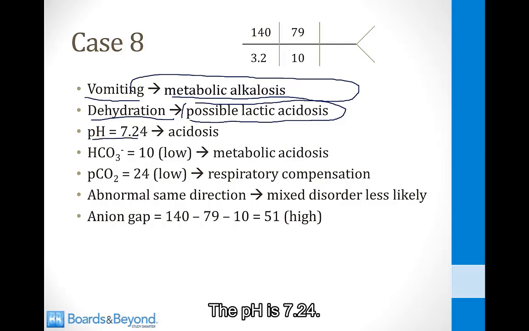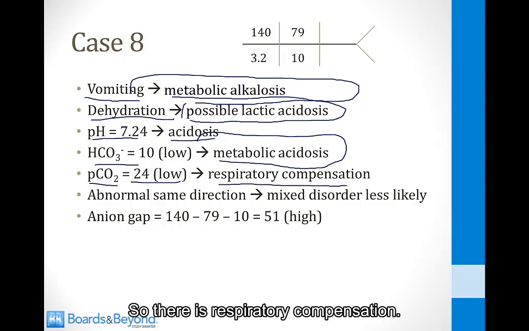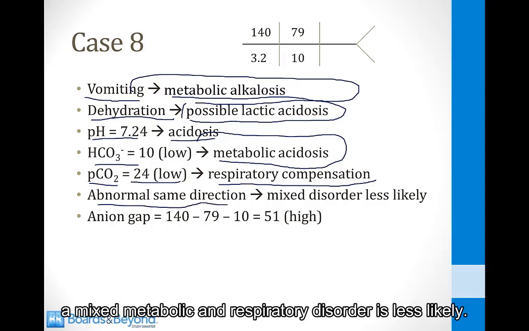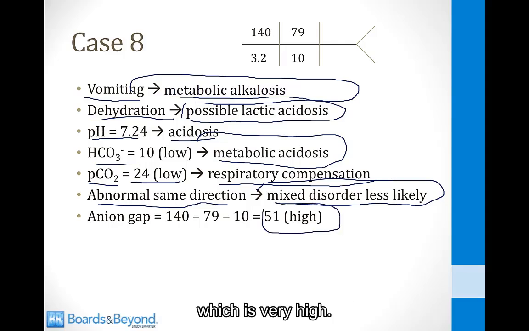The pH is 7.24, so there is an acidosis. The bicarbonate level is low, so there's a metabolic acidosis. PCO2 is also low at 24, so there is respiratory compensation. Because they're abnormal in the same direction, a mixed metabolic and respiratory disorder is less likely. The anion gap is 140 minus 79 minus 10, which is 51, which is very high, so we have an